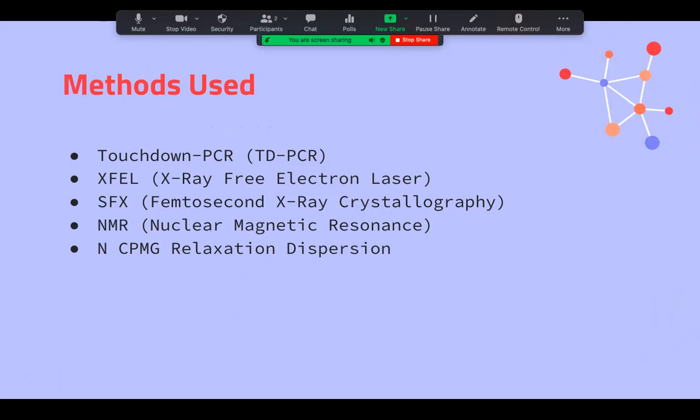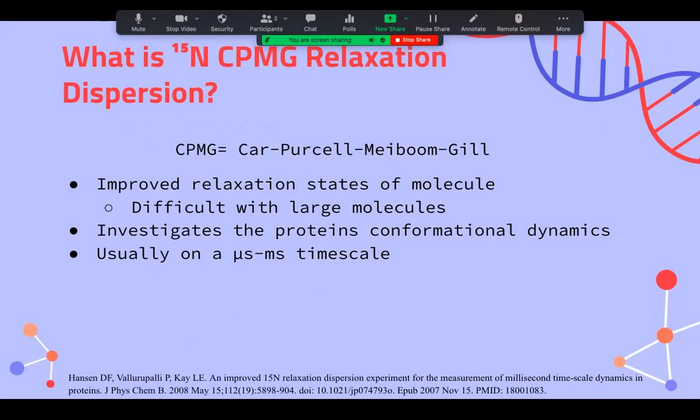Since our paper is primarily focused on the NMR results, we're going to talk about that later in more detail. So what exactly is the nitrogen CPMG relaxation dispersion experiment? It allows you to improve the relaxation states of your protein molecule, and this is important because you're able to investigate the protein conformational dynamics, typically on a microsecond to millisecond time